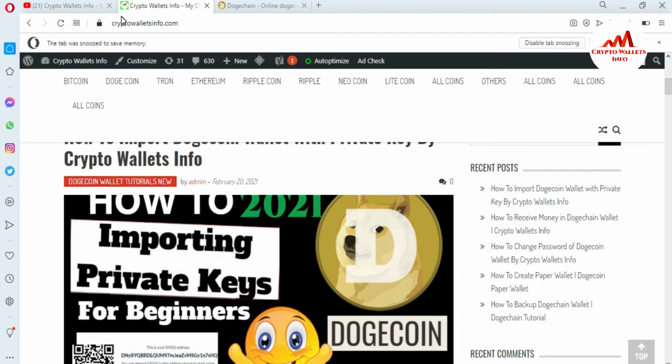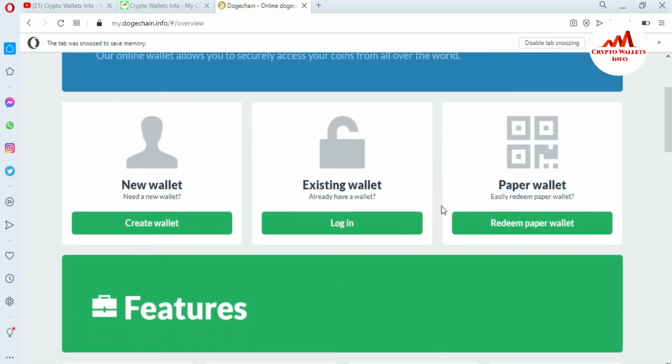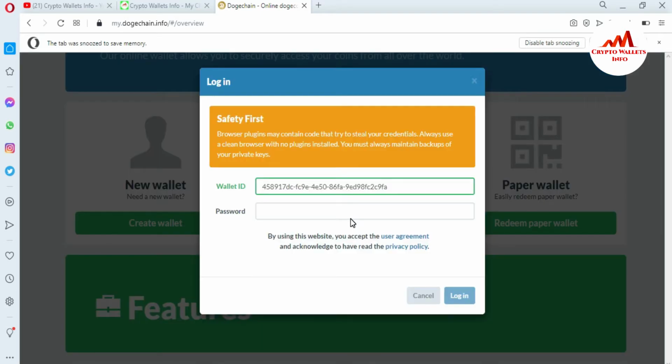So now I'm going to open my Dogecoin online wallet, because today we are going to use the method of how to withdraw money from your Dogecoin wallet to any other wallet or any exchange. You can see here Dogechain.info is open in front of me. First I need to log in to my account, so I click on it. For the login, you can see here my wallet ID is shown.